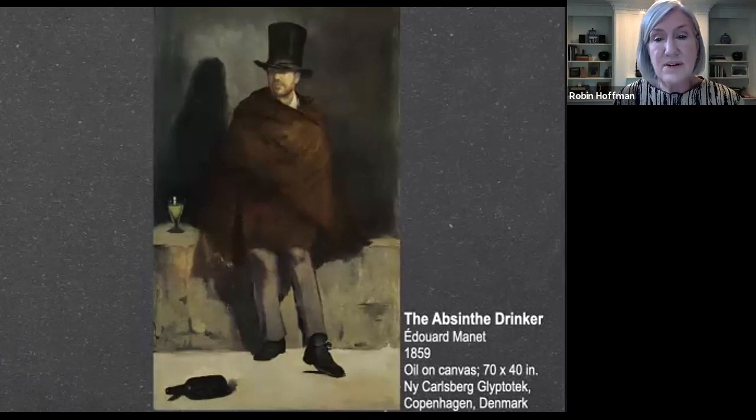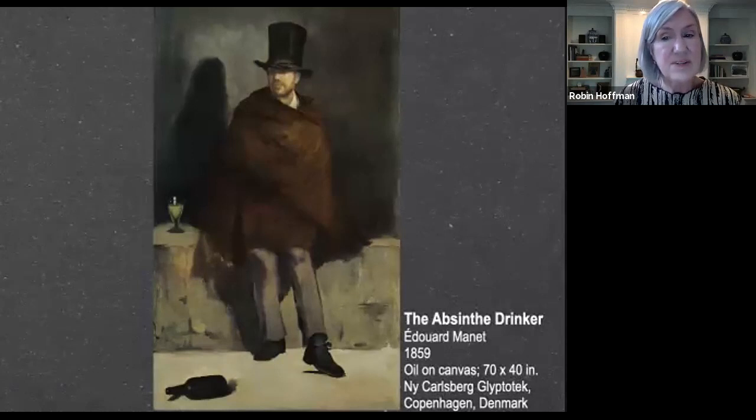His style in this period was characterized by loose brushstrokes and the simplification of details. Adopting the current style of realism, he painted The Absinthe Drinker and other contemporary subjects such as beggars, singers, gypsies, people in cafes, and even bullfights. Now, this painting depicts a debauched and solitary man within the shadows of the back streets of Paris. It portrays a darker side of Parisian life, which was quite removed from Manet's circle, but nonetheless very real.